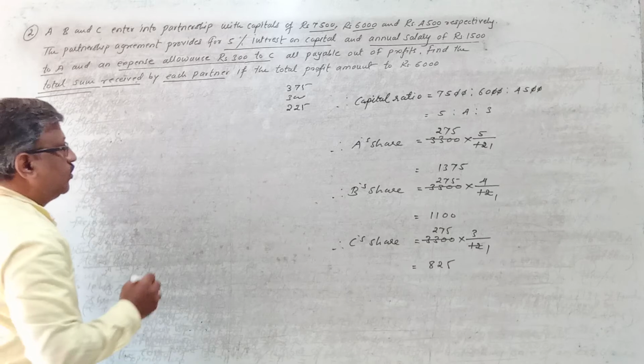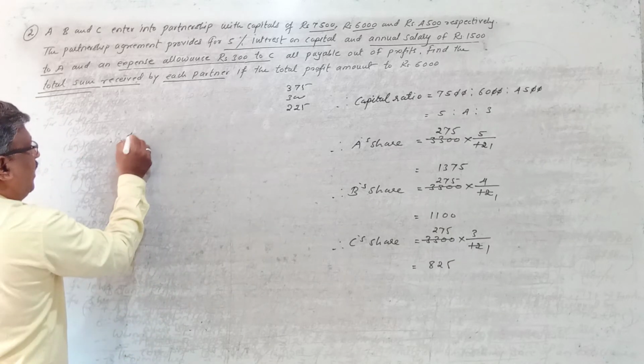Now let's calculate the total share received by A, B and C. First we calculate A's